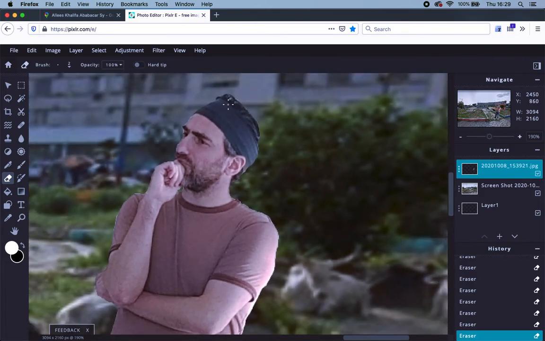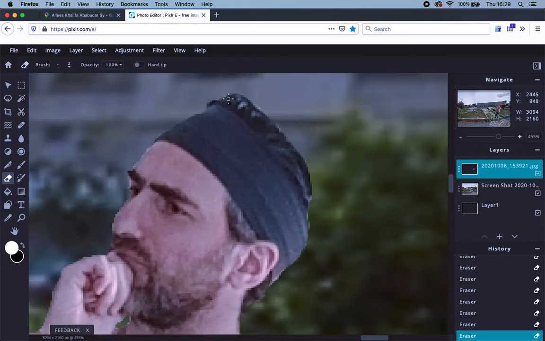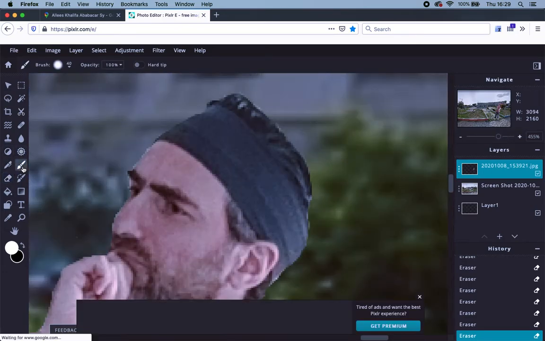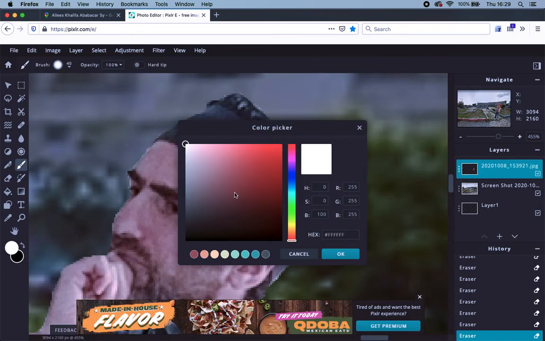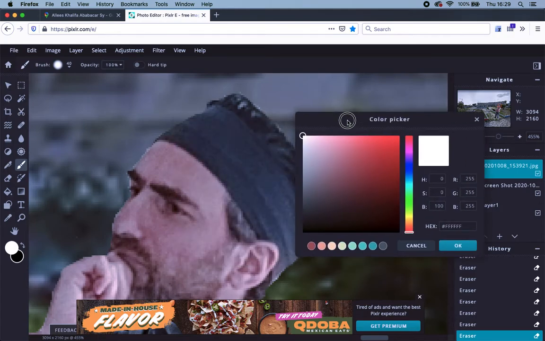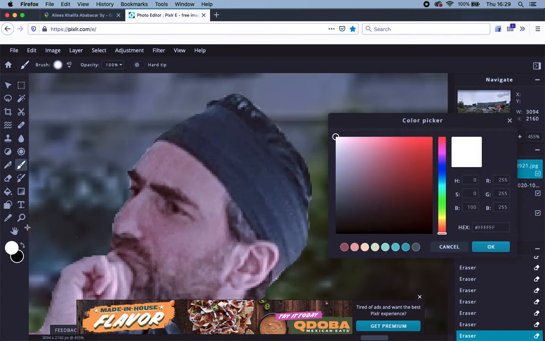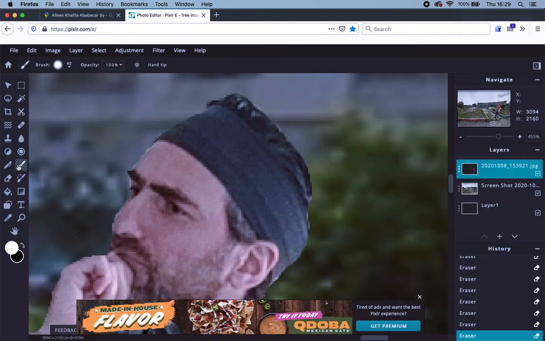Oh, and then the last thing I want to do is just fill in. If it's against that building, it actually blends right in. But I'm going to go ahead and go to my brush tool. I'm going to click on the color. And again, this I think is all in the cut and paste. If it's not, so brush tool. The brush tool will color. It's kind of an additional feature. It's not